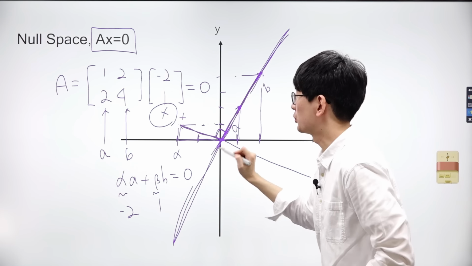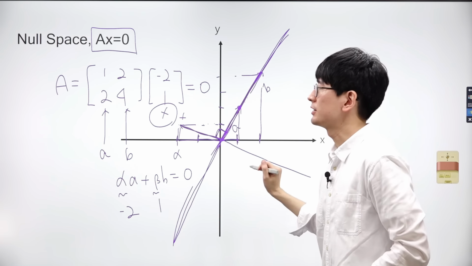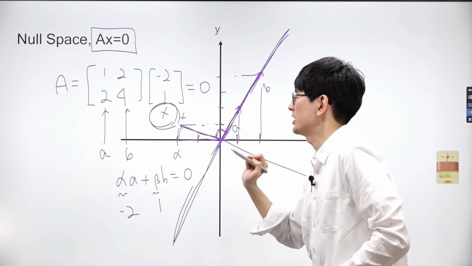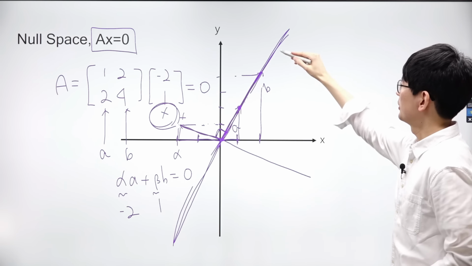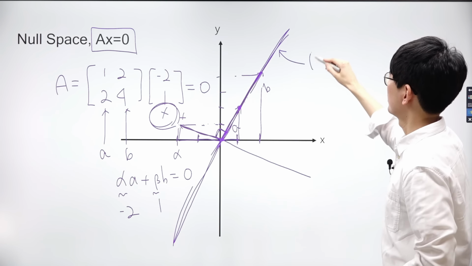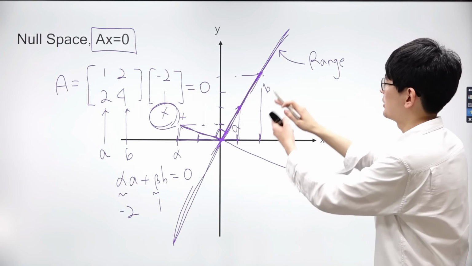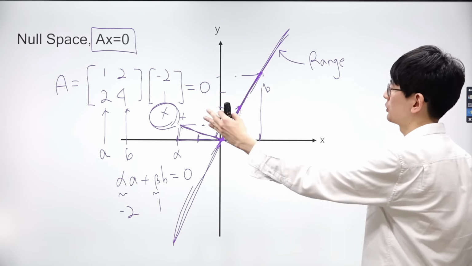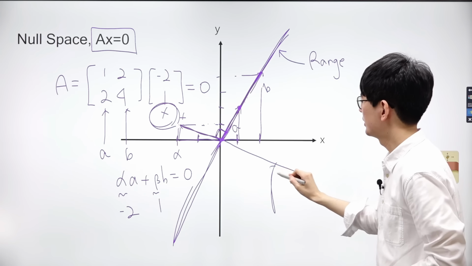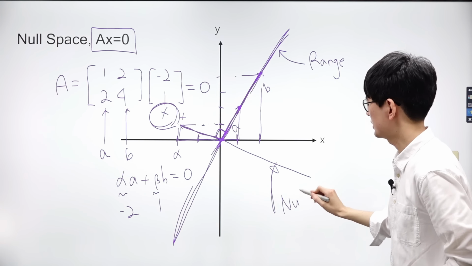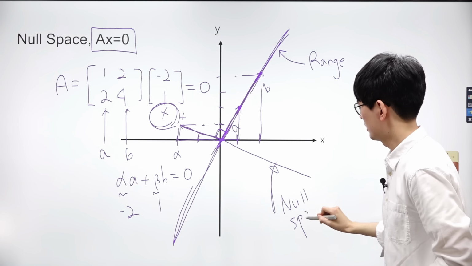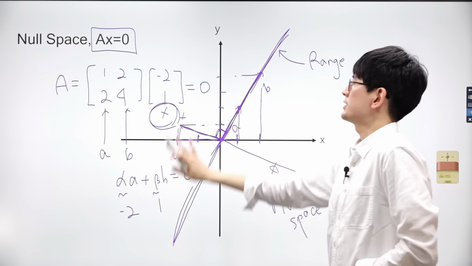Once more, vectors A and B only cover a line, leaving some points on the plane unobtainable. However, vector x enables them to span the entire plane. The original straight line spanned by vectors A and B is referred to as the range space, while the remaining space on the plane that was not covered by the range space is called the null space.